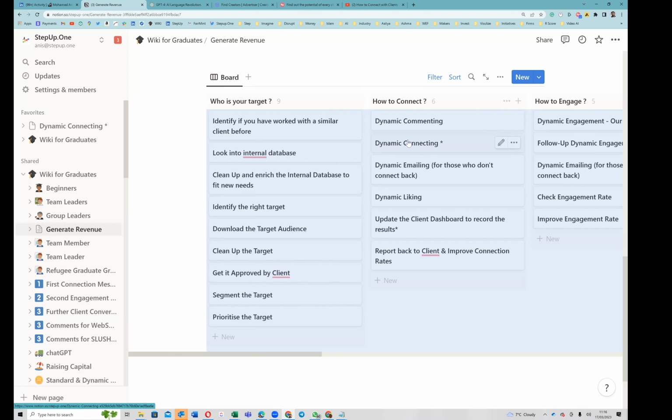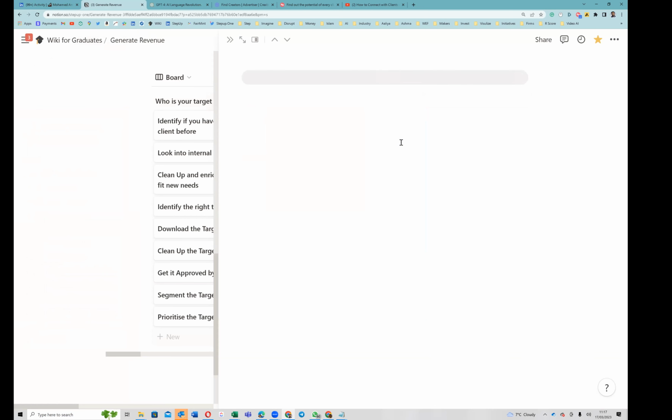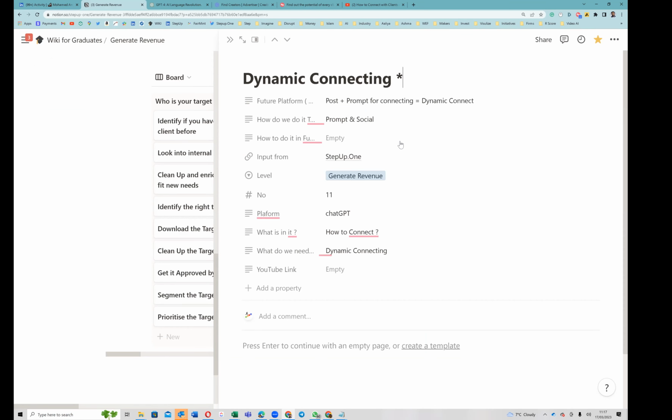Yes, makes perfect sense. And we actually experimented, and she's already starting to work for the last 3 days by learning only this. In fact, she hasn't even learned the updating of the client dashboard. So now I want to click on this dynamic connecting to show you. Okay, fair enough, the dynamic connecting is there. And I'm telling you that is the only thing she wants to learn. So it has all these other things too. Okay, fair enough. But in order to learn what I figured out,